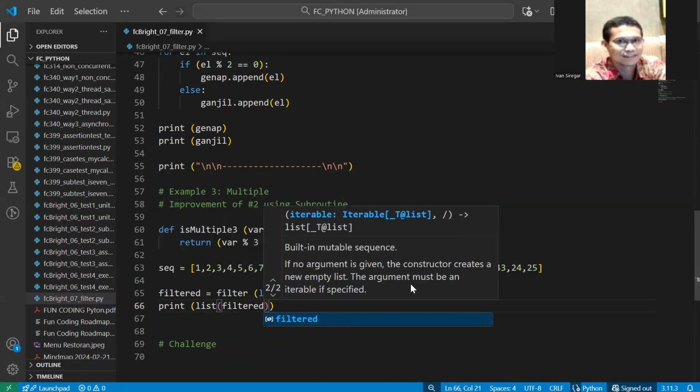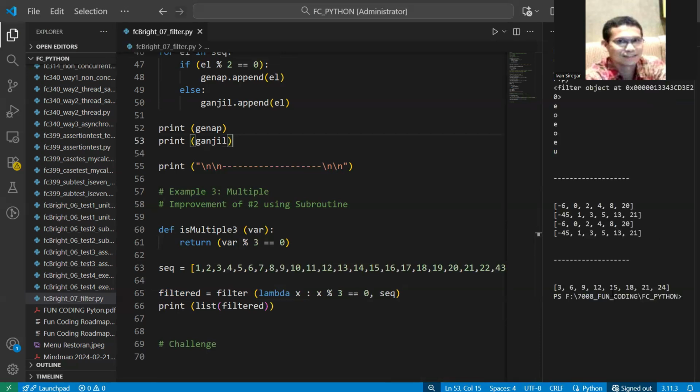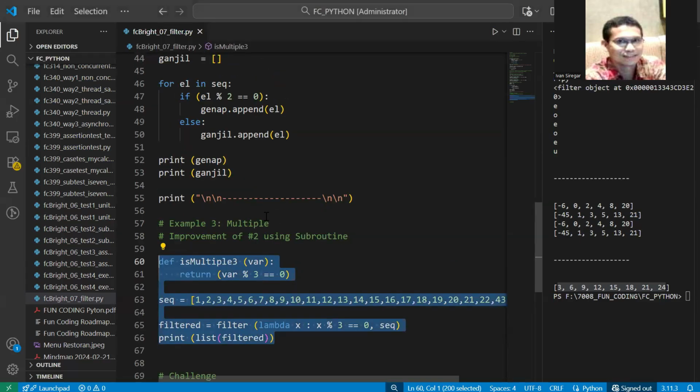So let's check the result. We will be having the 3, 6, and so on. Adjust your code. The way in version 3 and version 2 is still similar.